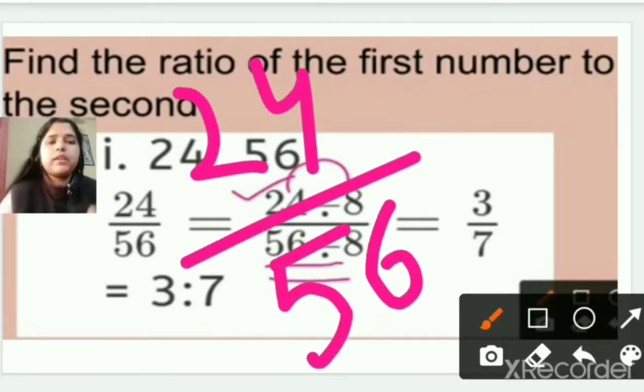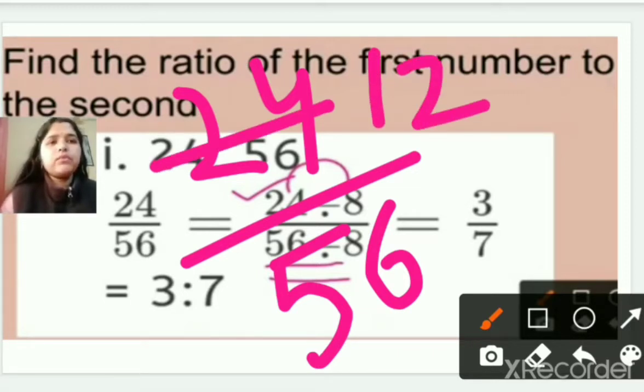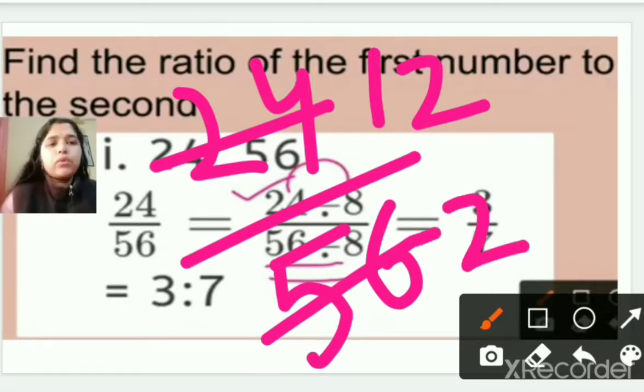Now you have to take only one table in which both the numbers should come. If I am taking the table of 2, it comes in the table of 2 for both, right? You can take the table of 8 also, that 8 3s are 24 and 8 7s are 56, right? But let me start with 2. 2 1s are 2, 2 2s are 4. Again I am taking the table of 2. 2 2s are 4 and 1 will come here. 2 8s are 16, right?